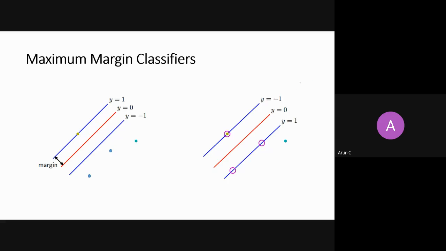Now let's come to the concept of support vector machine, which is nothing but a maximum margin classifier. So let's understand what a maximum margin classifier is, right? Let's say I have two classes of points in my data set, and they are linearly separable. I want to find a hyperplane that divides this region such that I will have 100% accuracy. So there could be infinite solutions.